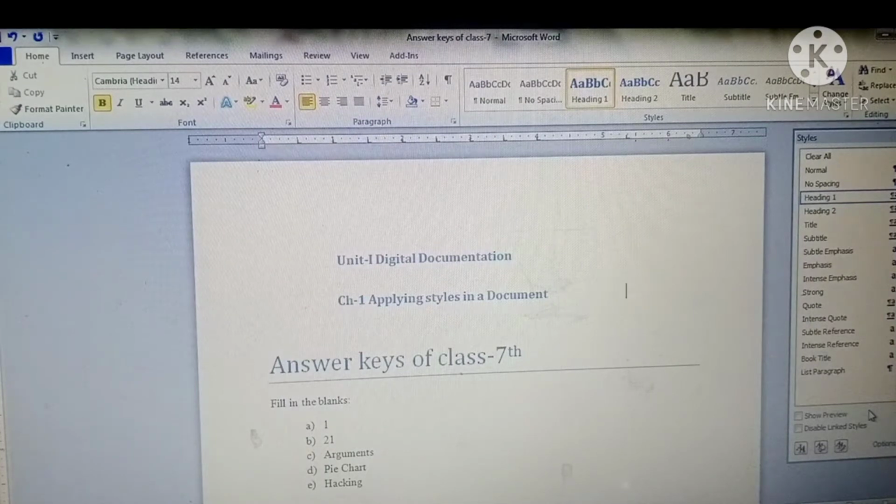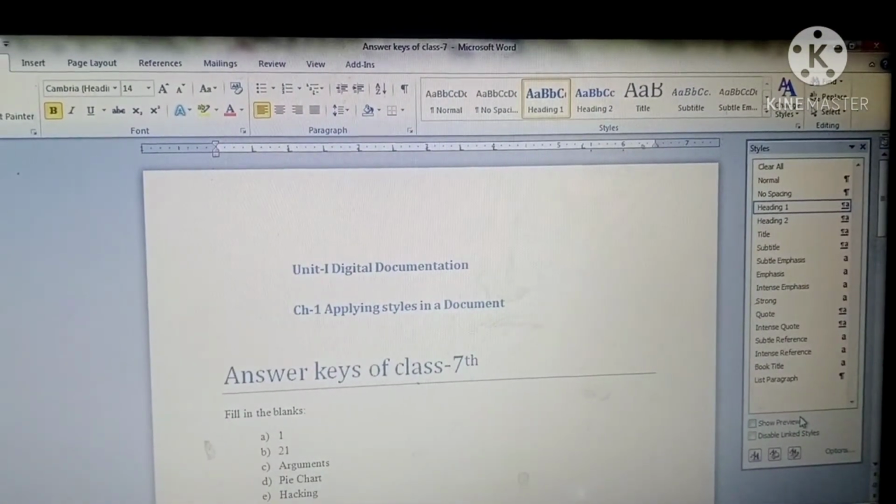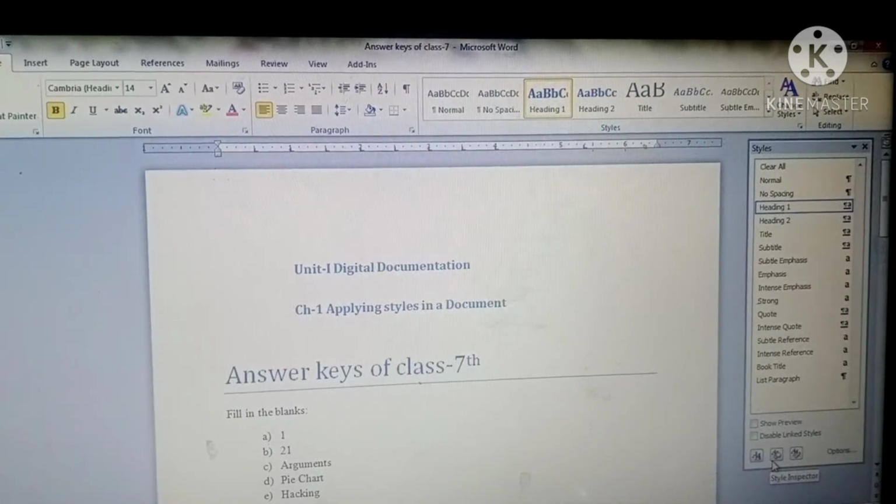If you want to create your own style and store it in this Styles group, how can you do this? You have to go there, and you can see this in the Styles pane. I am showing you, just wait. In this Styles pane, at the last you will see there are 3 buttons.